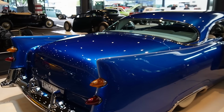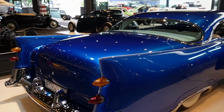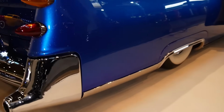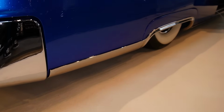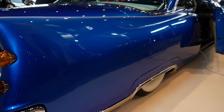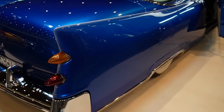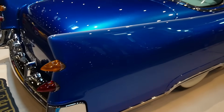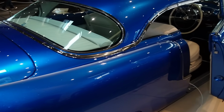And then we started to do the fades, which are obviously different versions of the original colour. It has a nice blue candy up from the bottom, so it comes up around 8 inches from the bottom of the car, blends into the original blue. Over the fins and down the front of the car, we actually added a washed white, so another PPG colour,